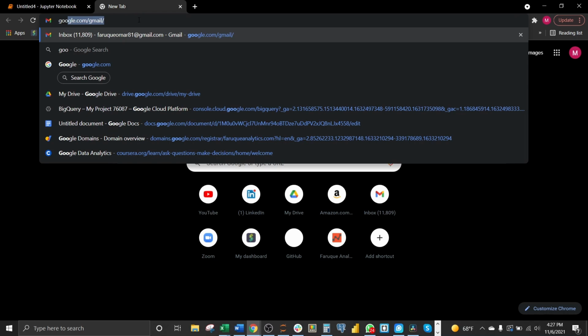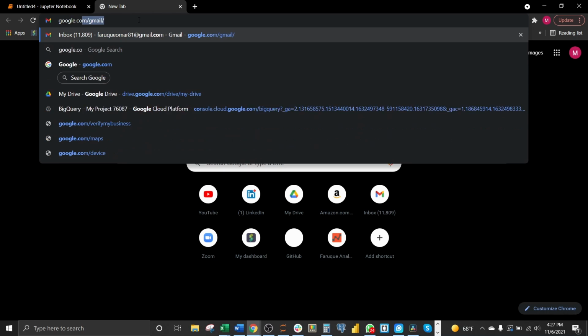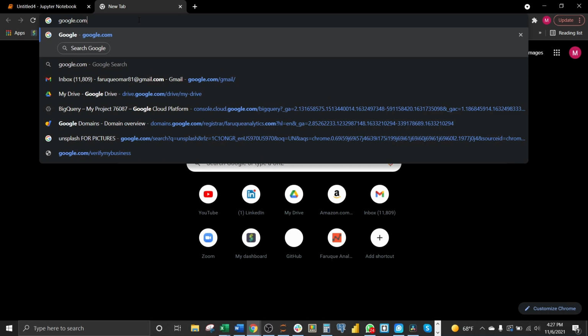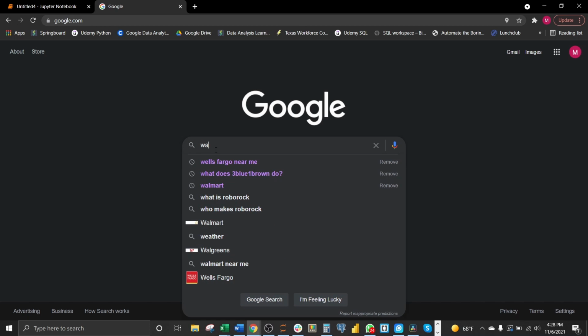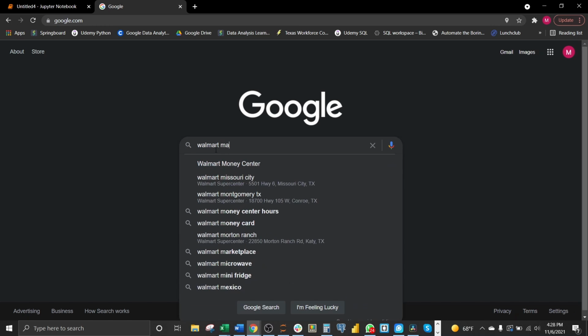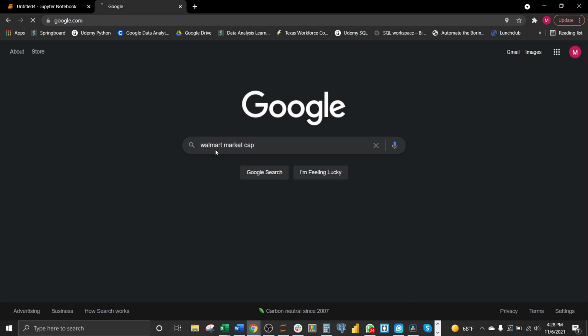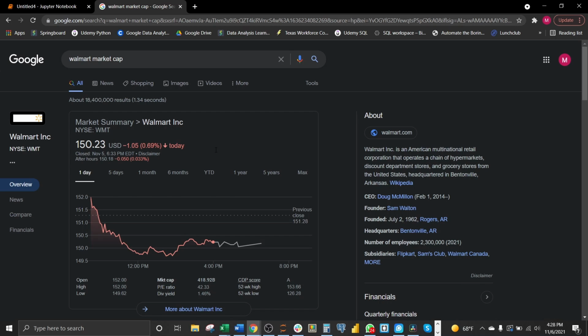this google.com, and then let's say, for example, Walmart market cap. I want it to do this action of searching and then record this market cap for not only Walmart,